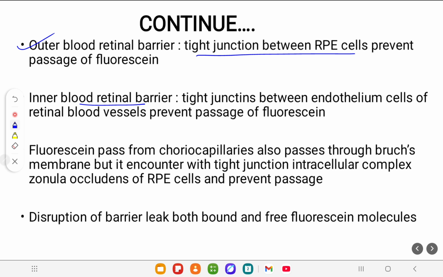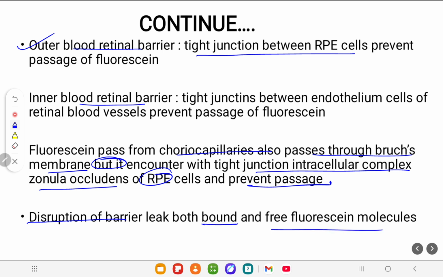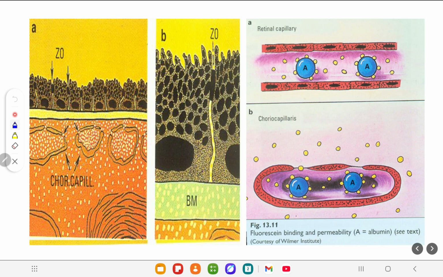So fluorescein passes through the choriocapillaris and also through Bruch's membrane, but here we come to the outer blood retinal barrier. It encounters the tight junctions of the intercellular complex, the zonula occludens of the RPE, which prevent its passage. Disruption of the barrier leaks both bound and free fluorescein molecules. So basically, disruption of any barrier creates leakage, isn't it? Choriocapillaries are fenestrated, but the tight junctions of the zonula occludens in the RPE create the outer